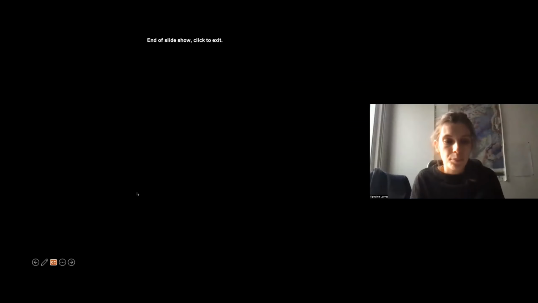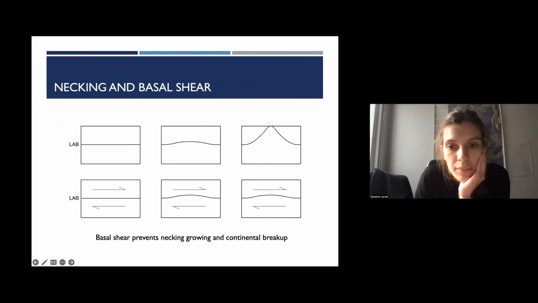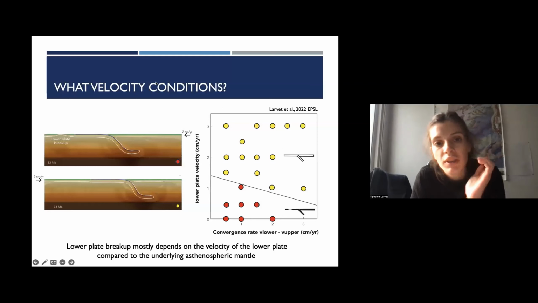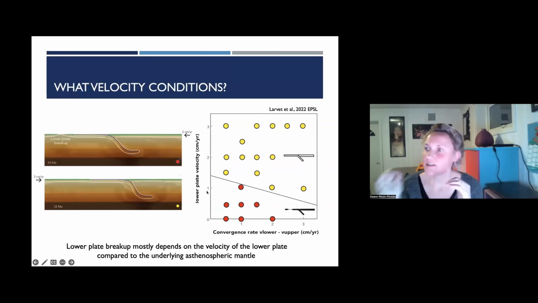Yes. I tried a lot of different convergence velocities. You can see it here. Yeah, but did you try, for example, to have some pauses and some phases at 2 centimeters, phases at 3 centimeters within the same model?